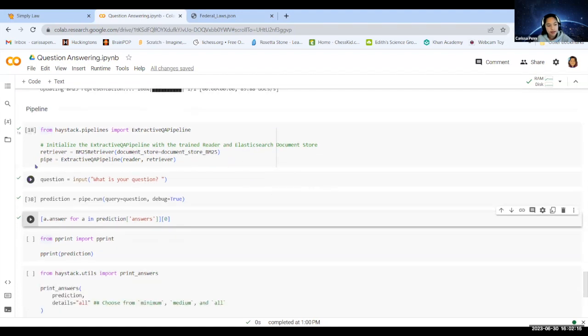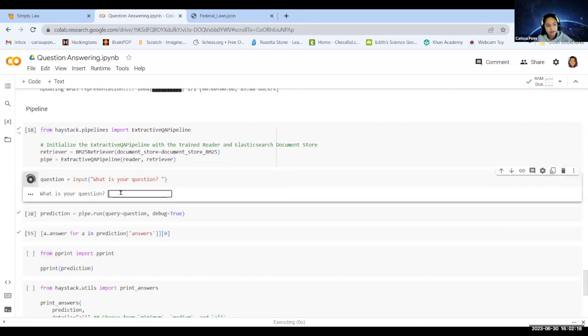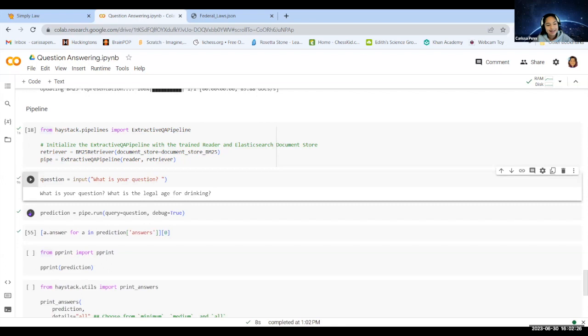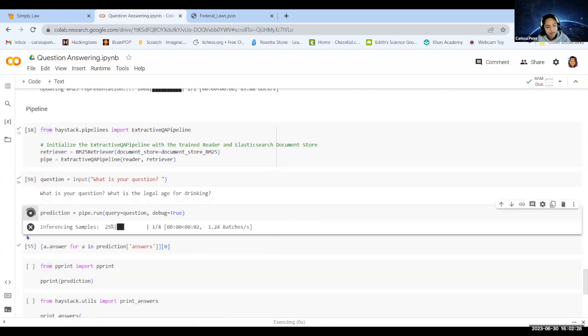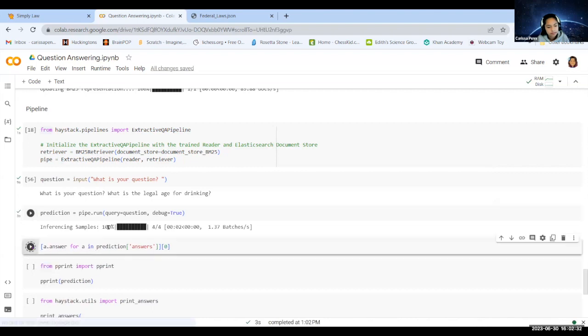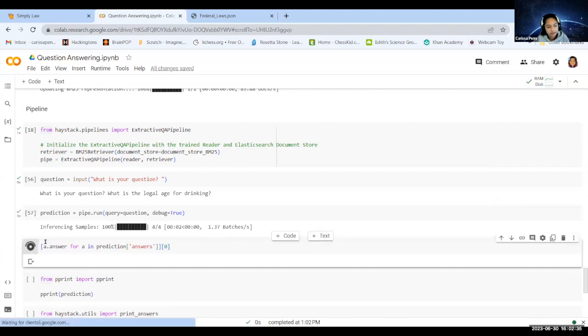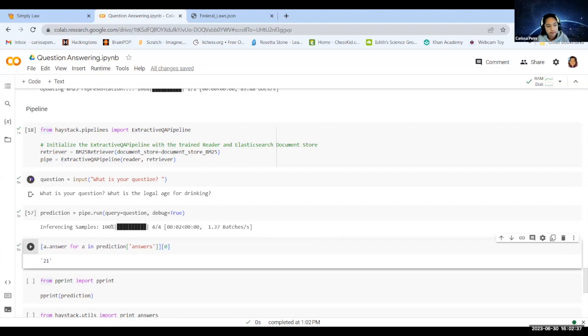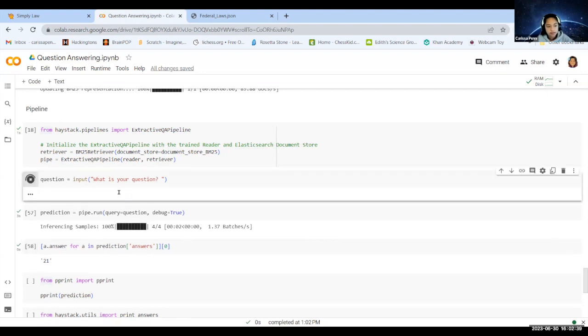And an example of running it would be, what is the legal age for drinking? And then it will run its prediction and give you an answer. And it can also work with misspelling errors.